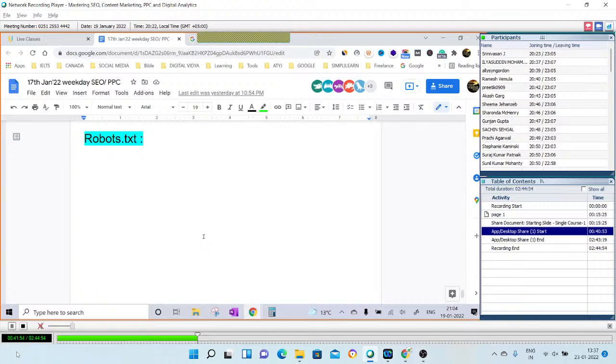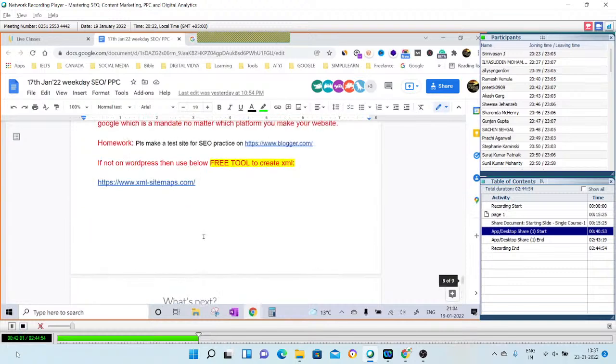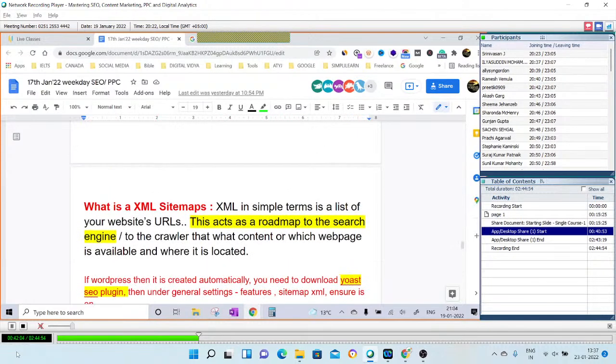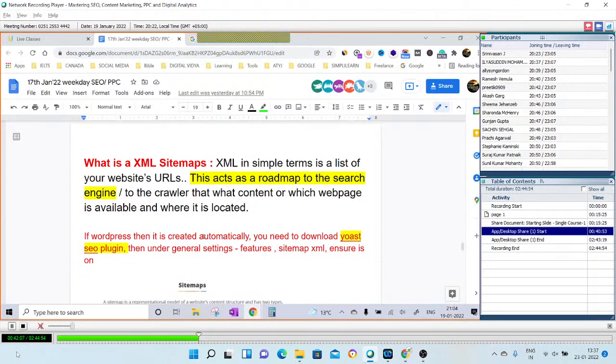So let's start, guys. We did a few important things in the last 2 days. Yesterday it was more technical, from the mechanism and the sitemap point of view. Before I take today's first topic, which is another important file, robots.txt, I want to know if you have any doubts or want to share or discuss anything in general at this moment.